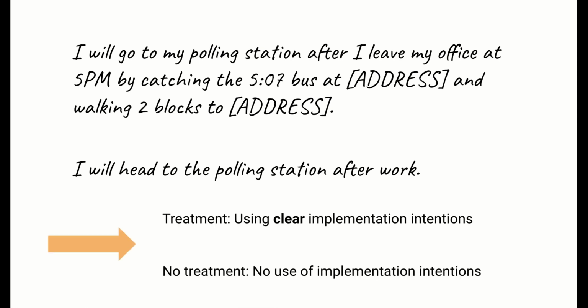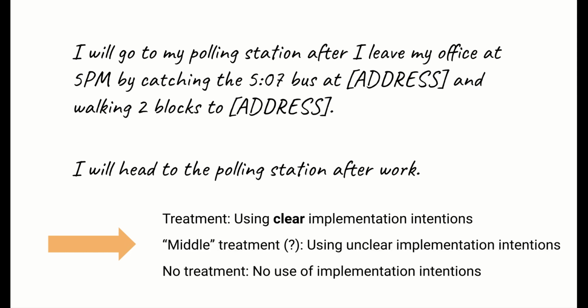In order to have a more clear idea of what the causal effect of treatment actually means, we might wish to clarify treatment as being a clear implementation intention, one that is explicit about when and how the individual will go to the polling station. This will likely help us have more actionable results from our analysis because effects will relate to a more concrete, defined type of action. Without doing this, effects we see would be a mixture of vague and clear implementation intentions. This would make it hard to give clear recommendations.